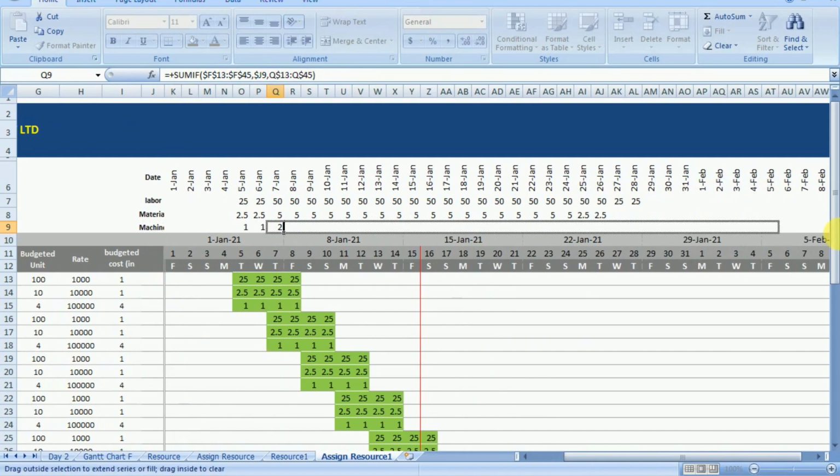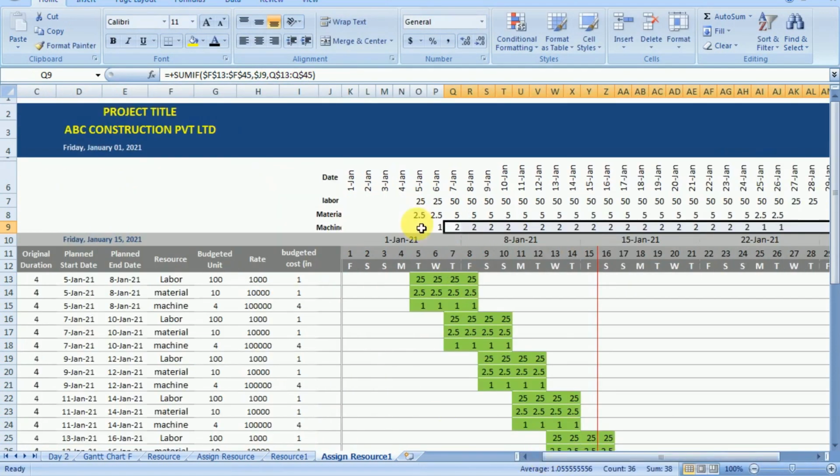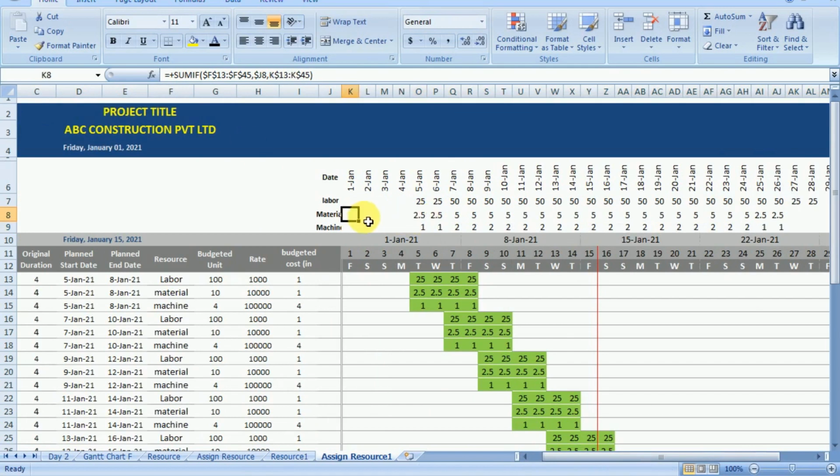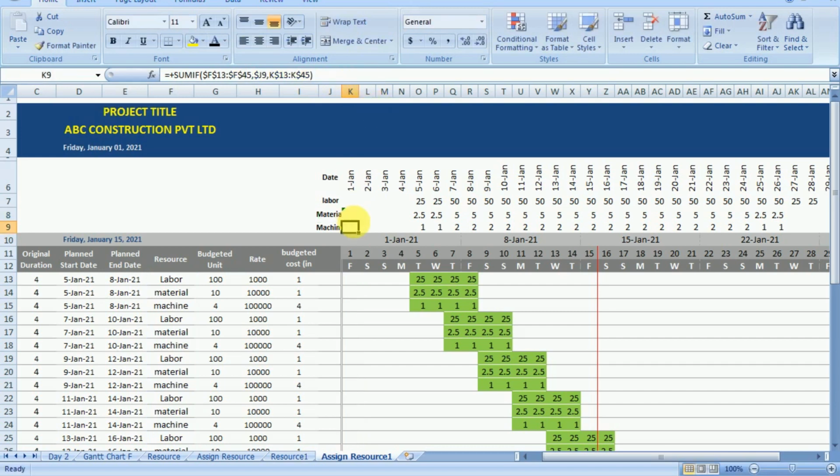Now this is also a very commonly used command which can make wonders in Excel and can prevent a lot of the user's wasted time by re-entering the data. So now automatically every data is being entered without any manual data entry. Now we have got all the required labor, material, machine on a daily basis in a tabular form.